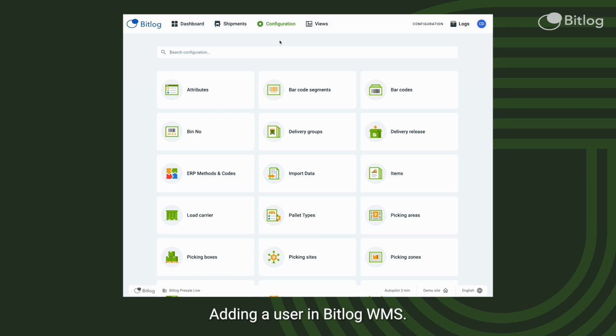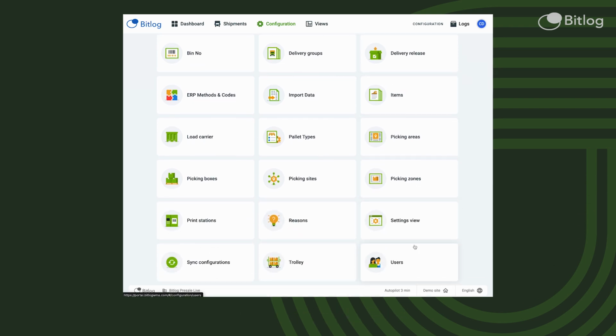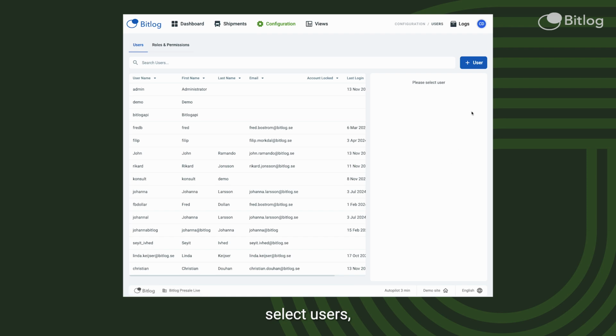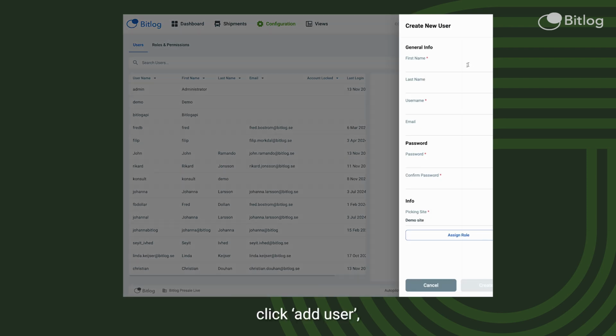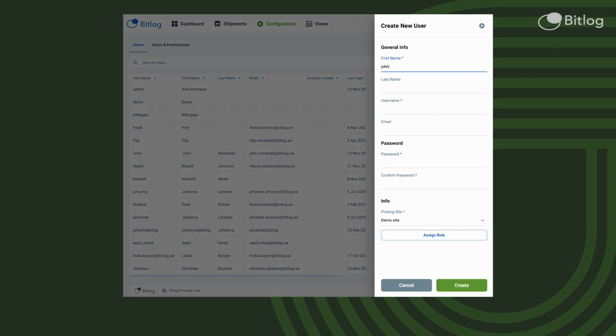Adding a user in Bitlog. Go to Configuration, select Users, Add User, enter your name, select the username,